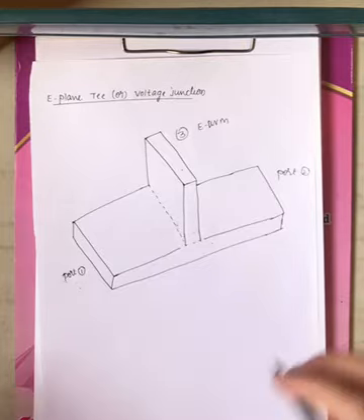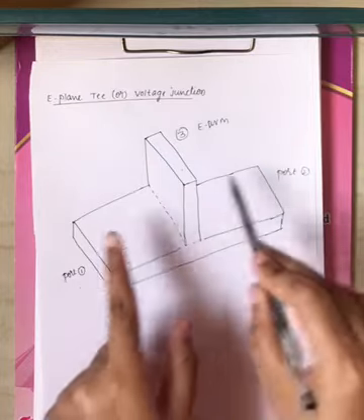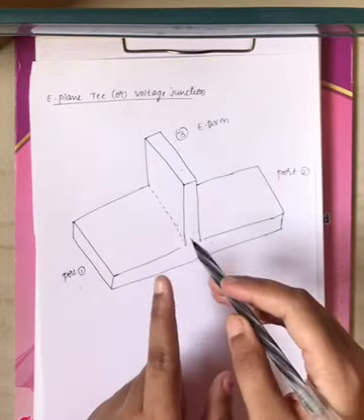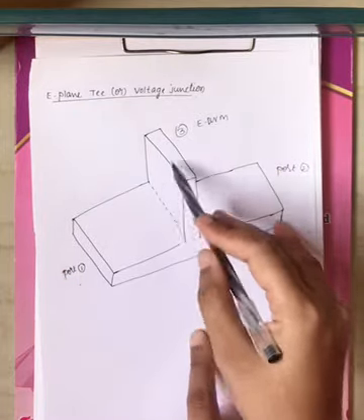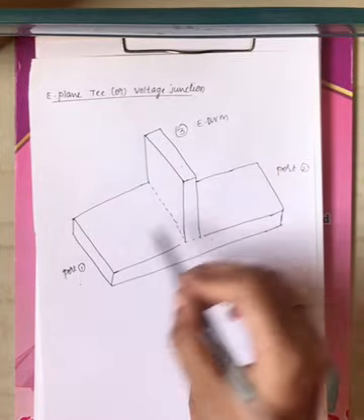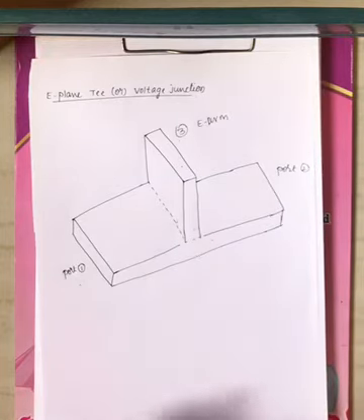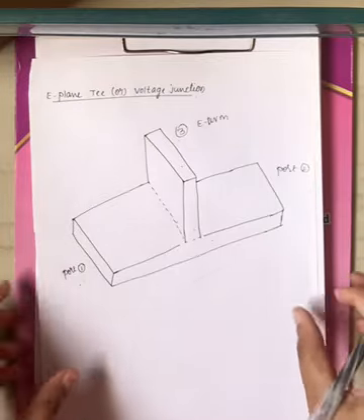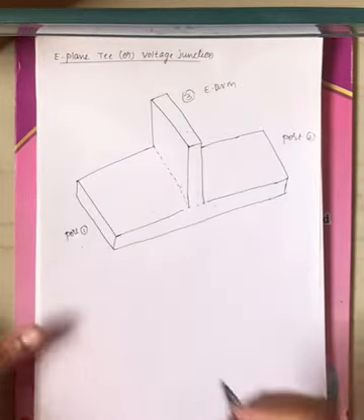Now coming to its structure, this is your main rectangular waveguide. To this main rectangular waveguide, we make a slot along its broader dimension and insert port 3 into it. Port 1 and port 2 are collinear to each other, and port 3 is the E arm. All 3 ports lie in the plane of the electric field. That's why it is called the voltage junction. This is about the structure of the E-plane T. Now coming to its properties.